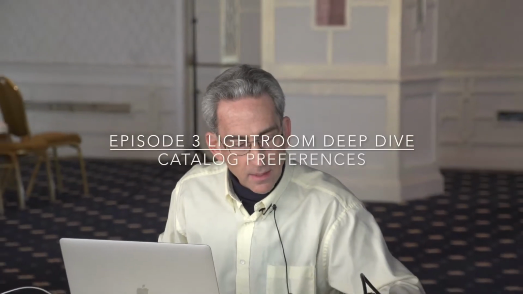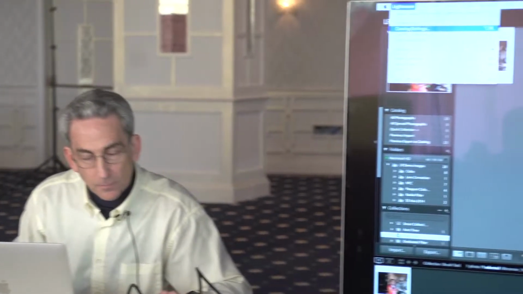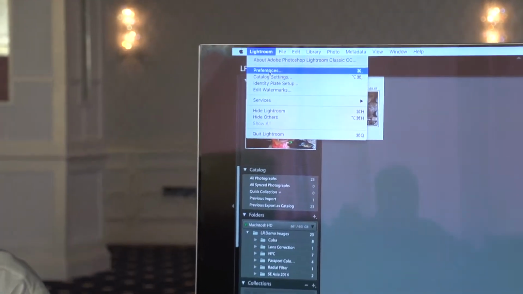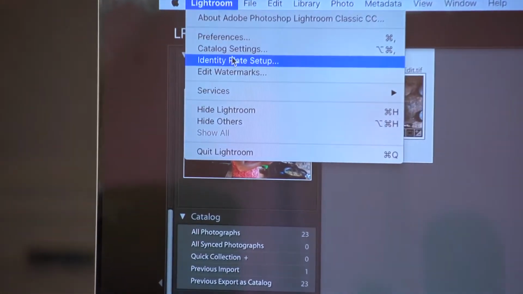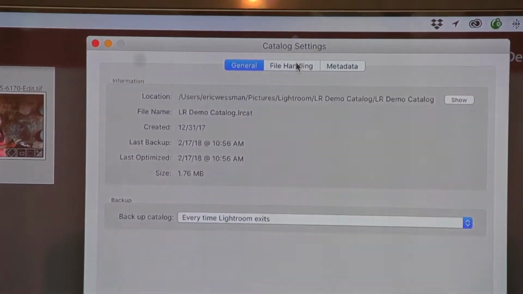I wanted to talk about catalog preferences right now. So this gets back to your previous question there. On the Mac, if you go to Lightroom, in Windows, if you go to the Edit menu up in the menu bar, you'll get a couple of options here. One is catalog settings, one is preferences. So if we go to catalog settings, if you go to file handling,